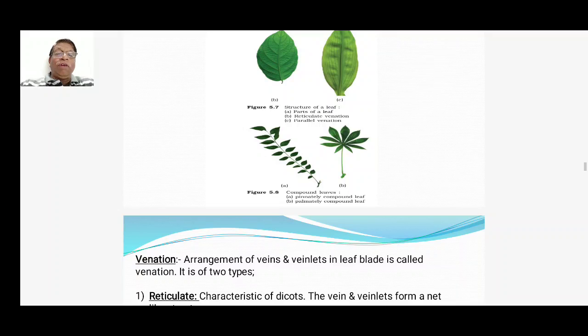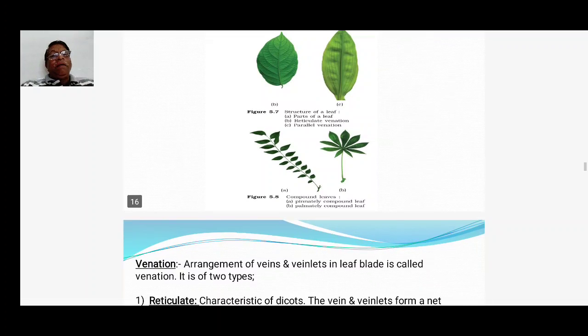Venation. What is venation? The arrangement of veins and veinlets in a leaf blade is called venation. If you examine the leaves, how the veins and veinlets are arranged in the leaf, this we call venation. If you examine carefully in dicot leaf, for example, sunflower or hibiscus leaf,